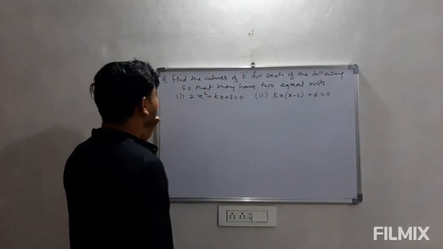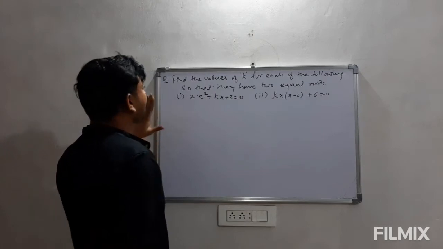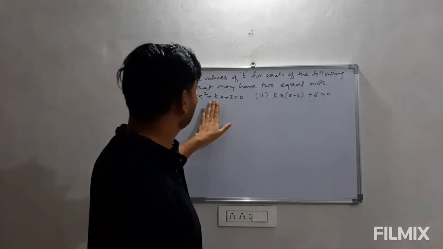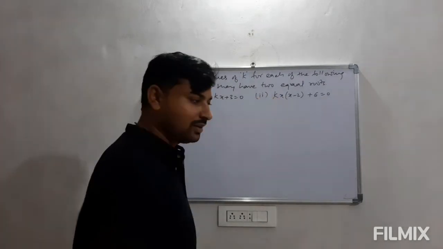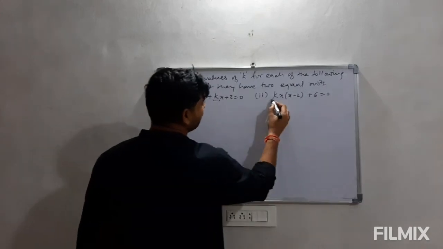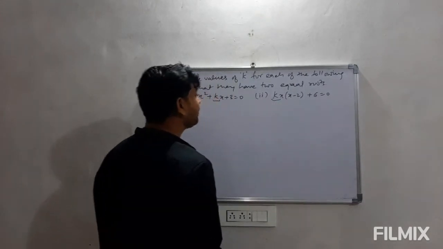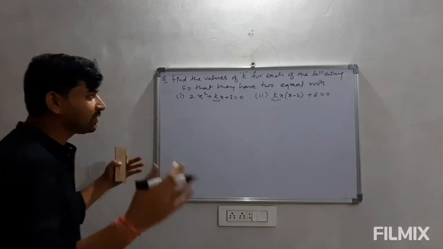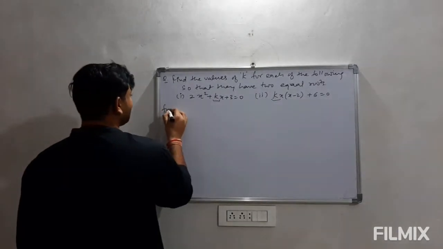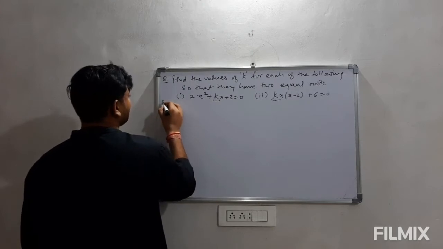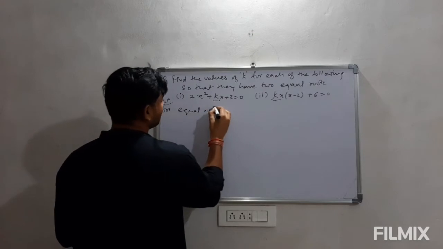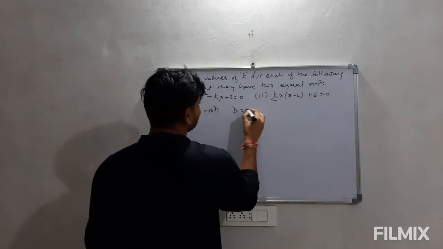इसमें हमको सिंपली डिस्क्रिमिनेंट यूज करना है, हमको k की ऐसी वैल्यूज निकालना है जिसके लिए इन इक्वेशन के रूट इक्वल हो जाए। मीन्स बाय व्हिच वैल्यू वी रिप्लेस दिस k इन बोथ दीज इक्वेशन सो दैट द इक्वेशन विल बी अ परफेक्ट स्क्वायर। For equal roots, the discriminant should be 0.